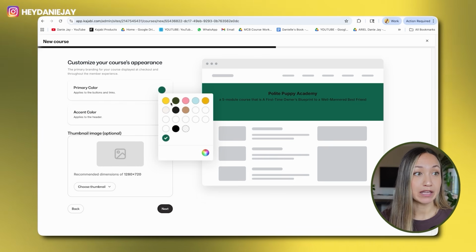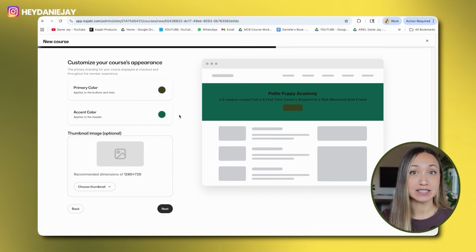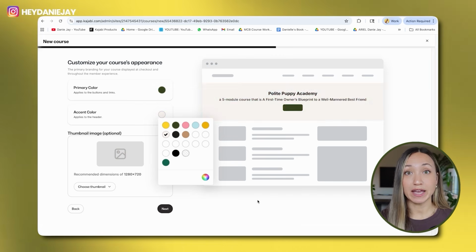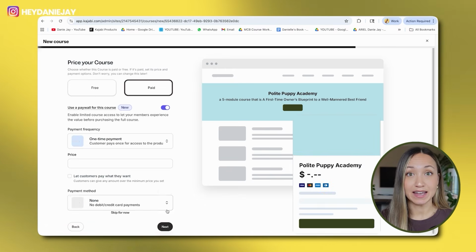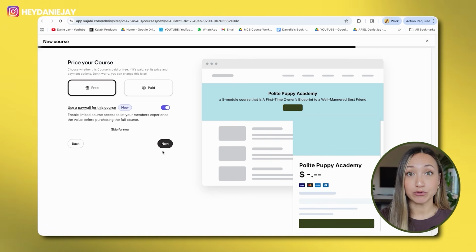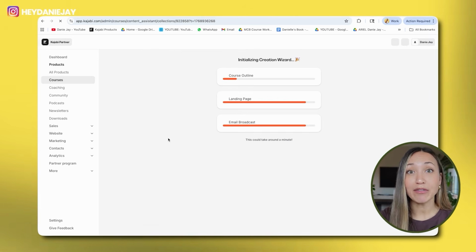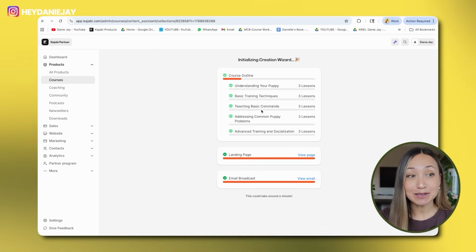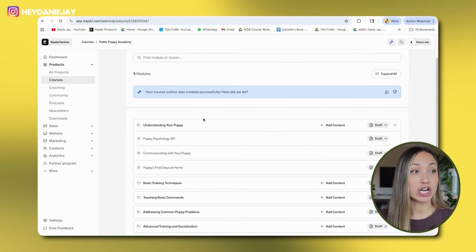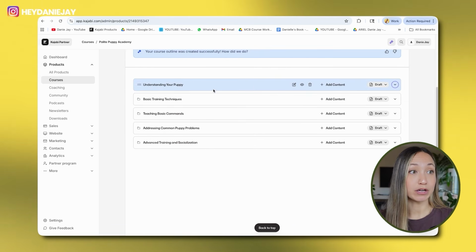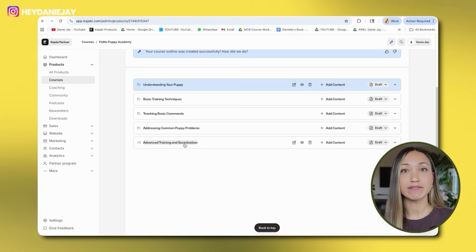From there, you can pick the brand colors that you want that fit your branding. You can add a thumbnail if you want, and then hit Next. From there, I can choose the pricing of my course. I'm just going to make this free for now. And then Kajabi's AI will automatically create the course outline for me, the course landing page, and its first email broadcast. Now you can see Kajabi has created 5 modules for me, 1, 2, 3, 4, 5,